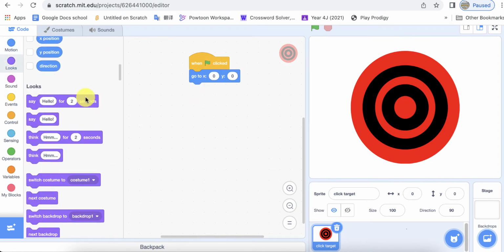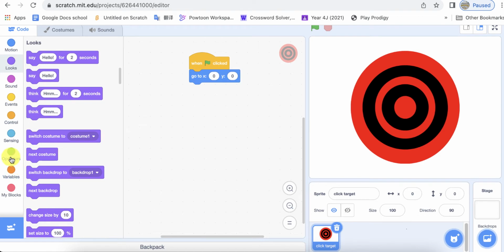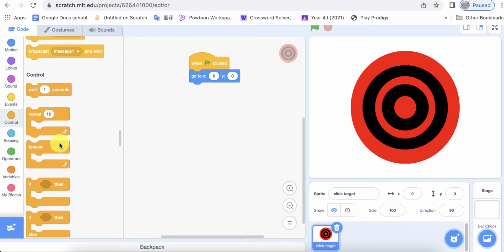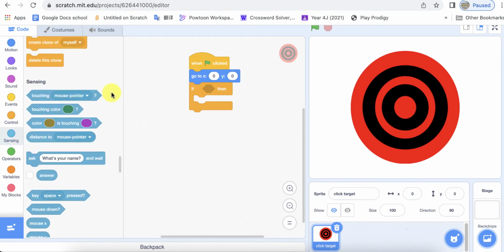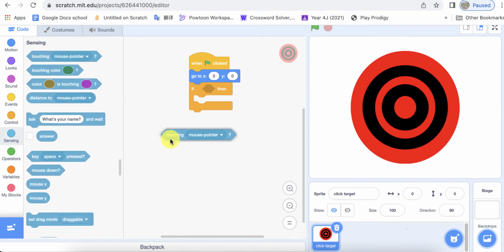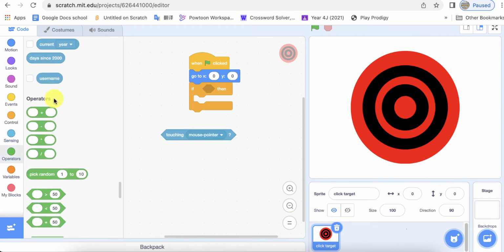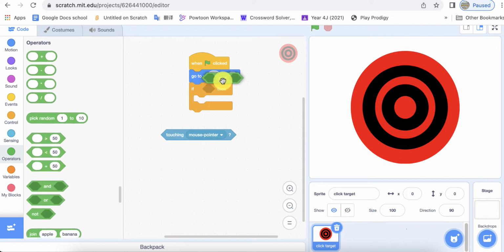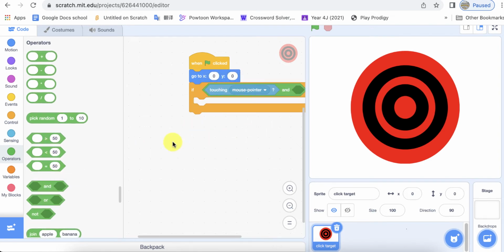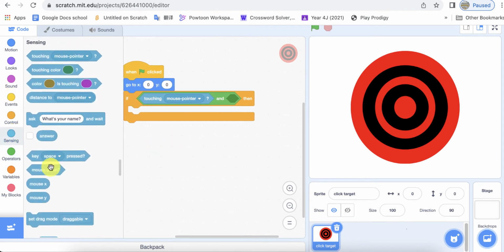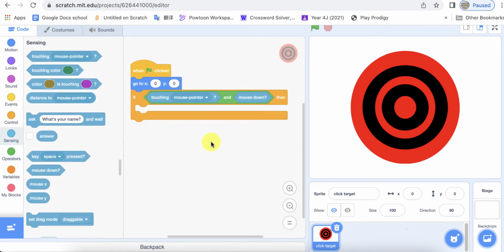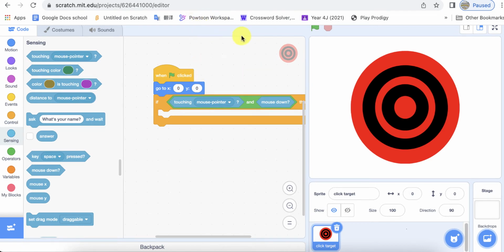Now we go to control, and then we say if then. So if touching mouse pointer and mouse down, we can